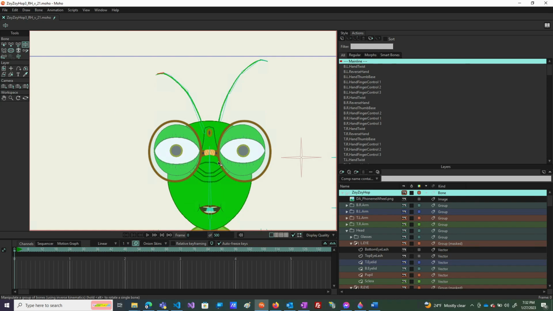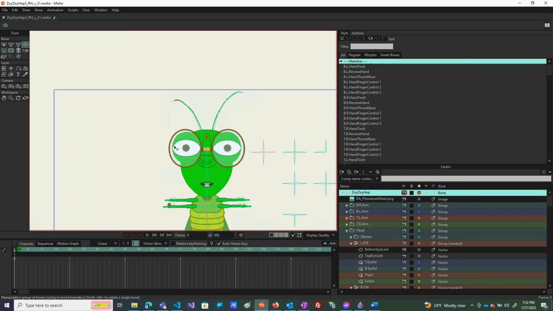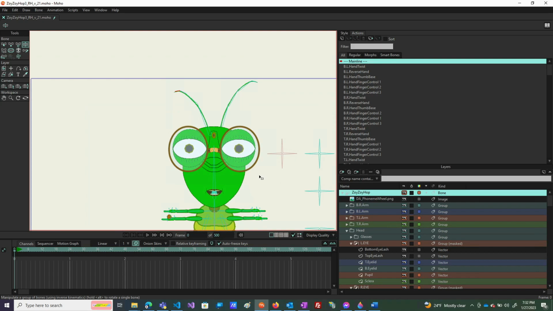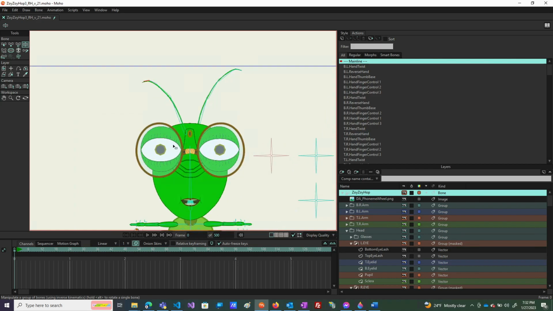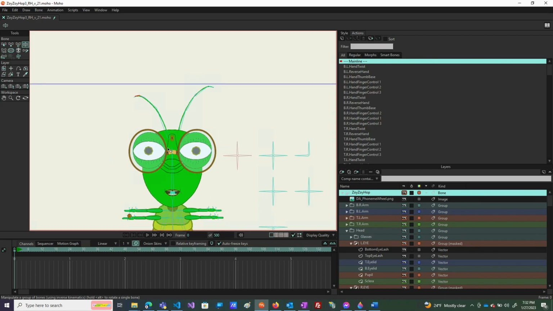Let's go back to center. Let's select all these bones. Choose to reset all the bones. There we go. And then on the thorax, we want to reset it as well. And grab all of its points to reset it. And then hit reset. There we go. So now